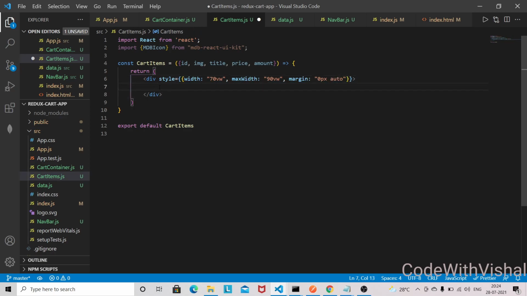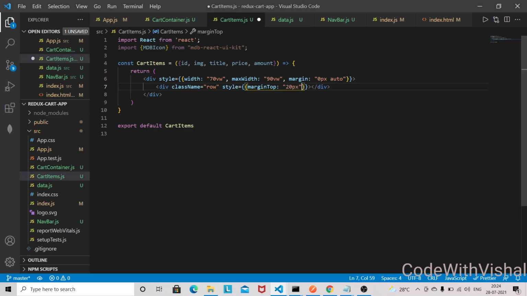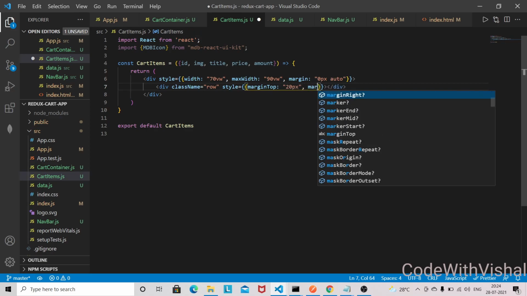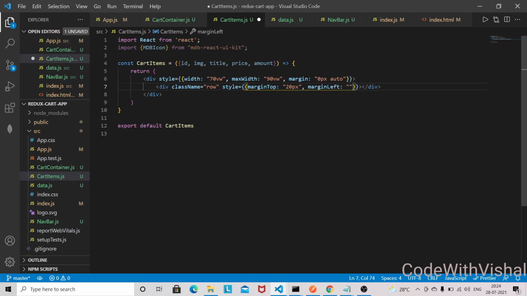And I'm going to use here the row class name. So row, and this will also accept some inline style. So that will be margin top 20 pixel and margin left with 120 pixel. Okay.